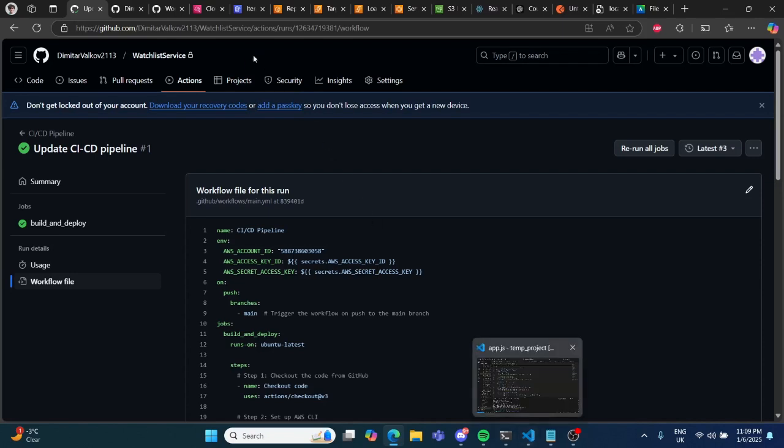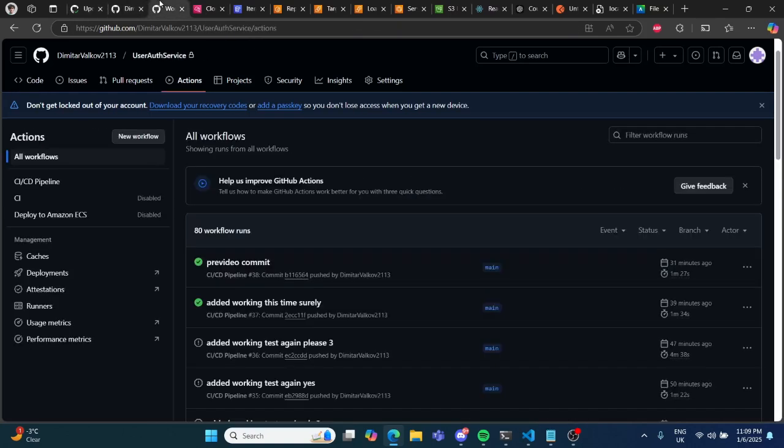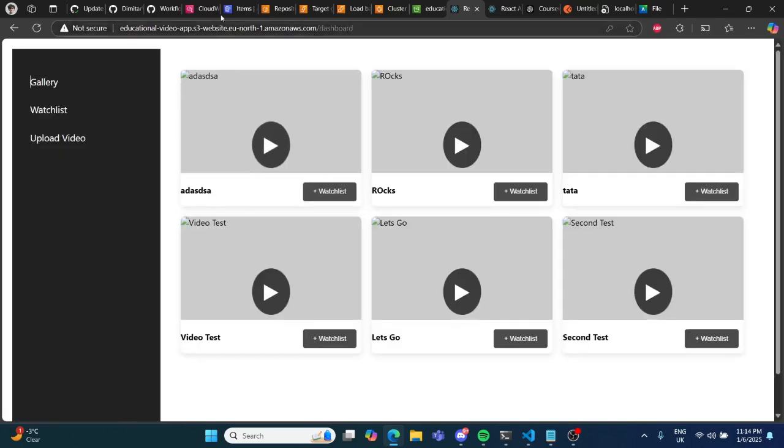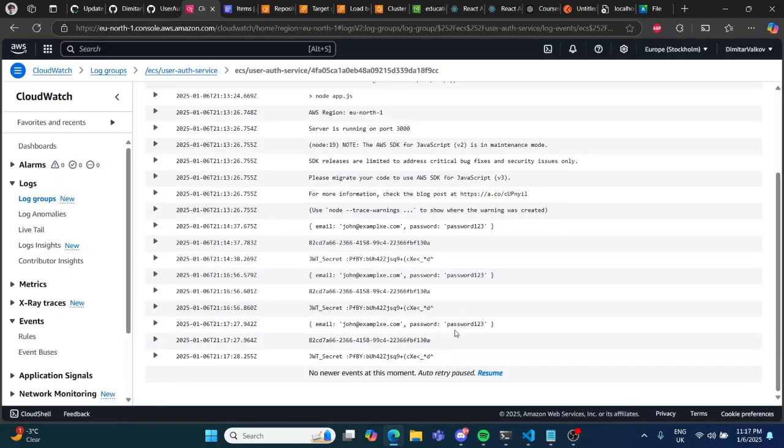In the user auth service, we will add a simple log line, this one right here, line 78, which will just log the user ID after you have logged in to your account. Login. Yeah, here we can see we output